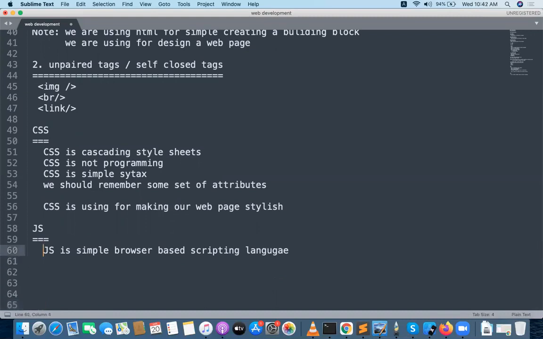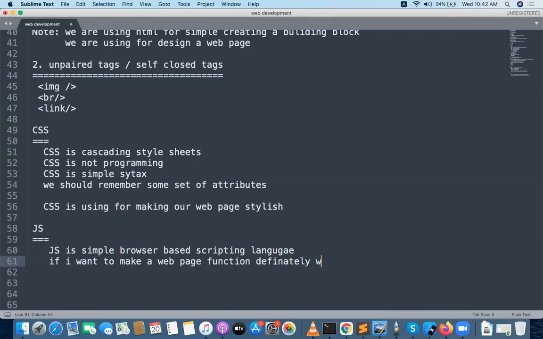So for example, if I want to make a web page functional, definitely we need to inject JavaScript.